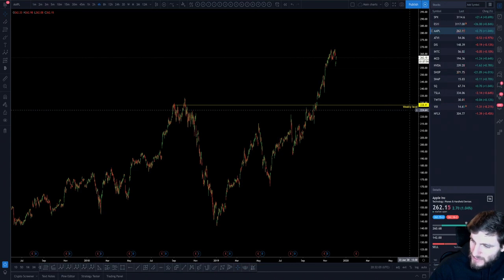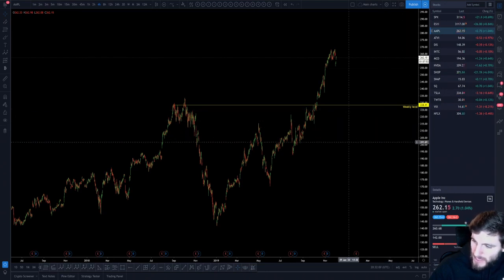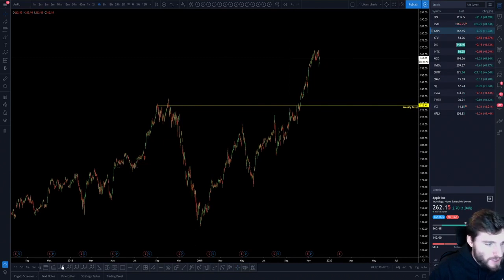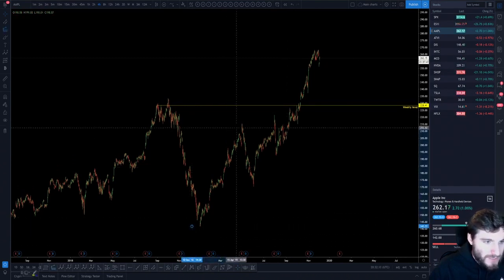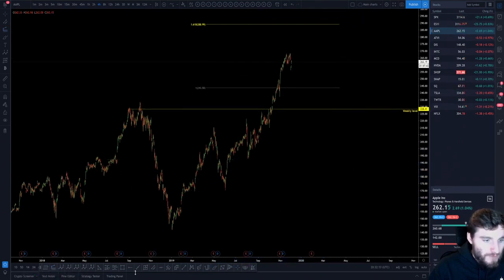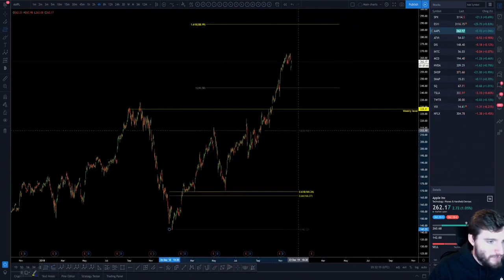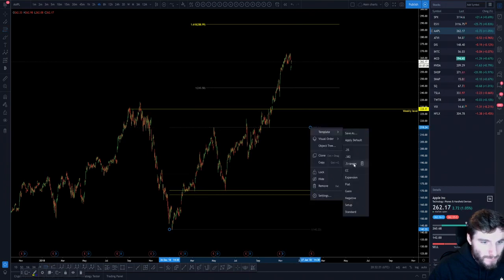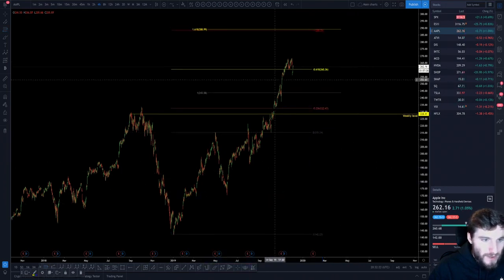Would you always add in negative fibs when you draw your extensions as well? Apple, for example. Yeah, 100%. Like, you can always use the confluence. So when we're looking for targets, I would have that, and I would also have this negative fib pulled at the same time. So I'd definitely have both of them on my chart.